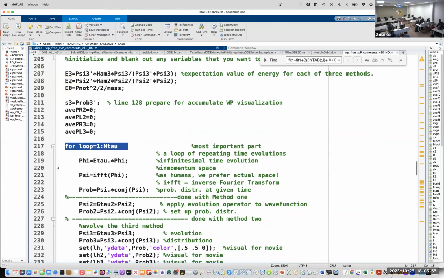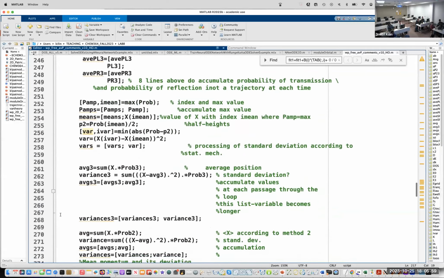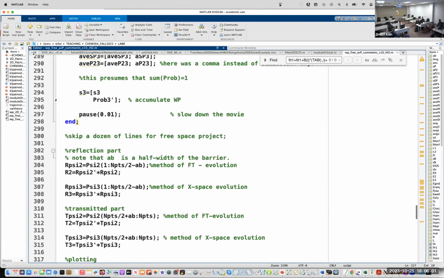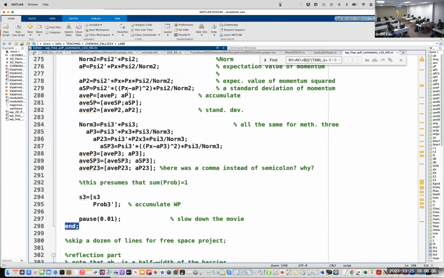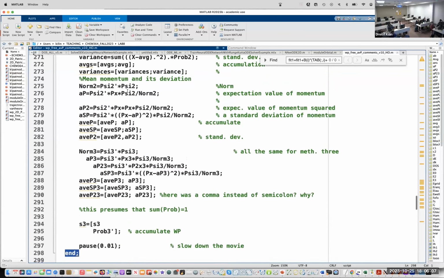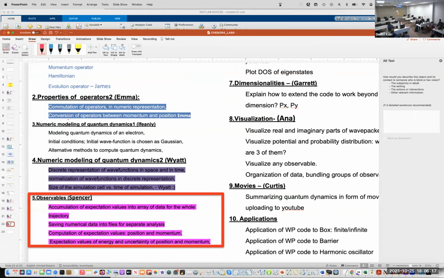Then MATLAB editor has this little line that will go as long as the main loop is continuing, and where the line is ending, it is when the main loop has stopped. Right? It is a way to navigate. And all these brackets are for accumulation of expectation values along the trajectory.